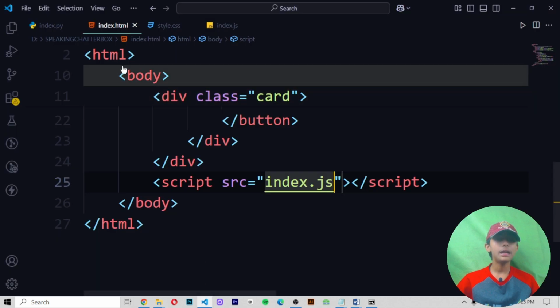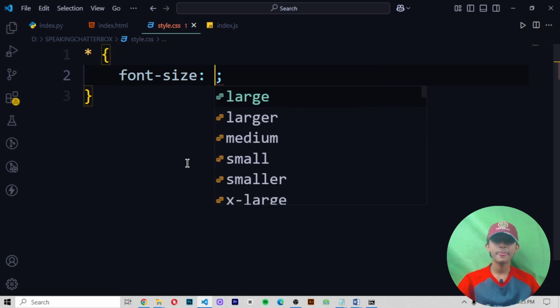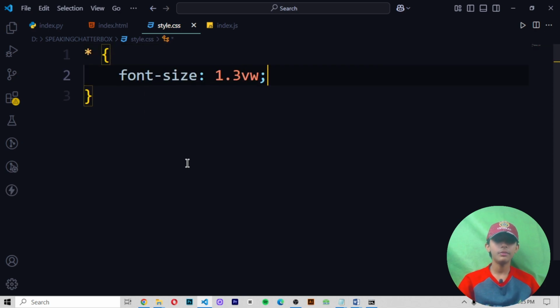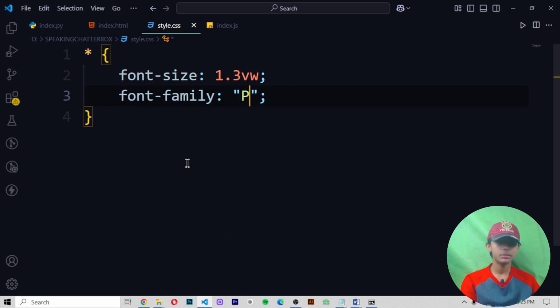Now let me style it using CSS. First of all, font size will be 1.3vw, and font family I give Poppins, comma, sans-serif.